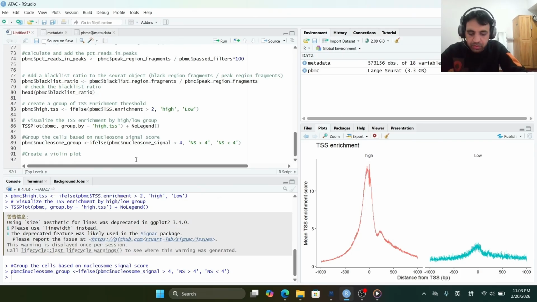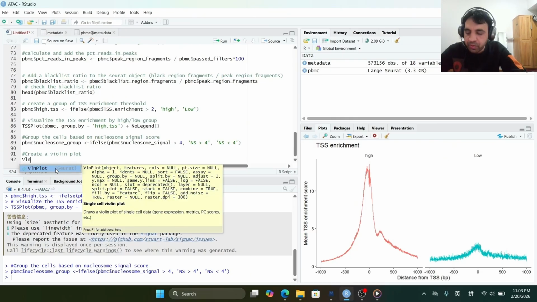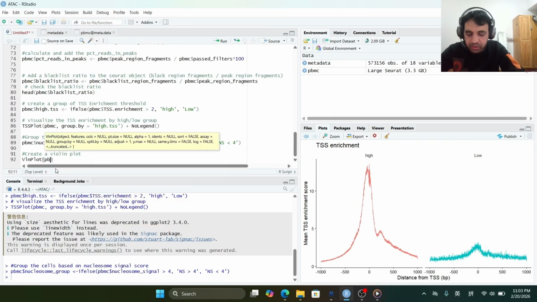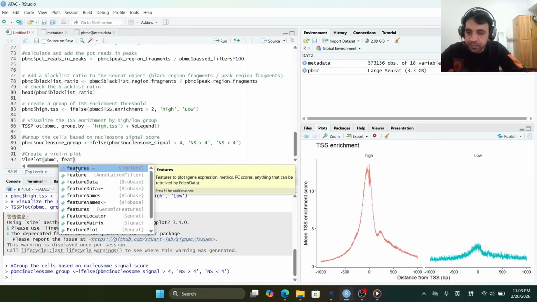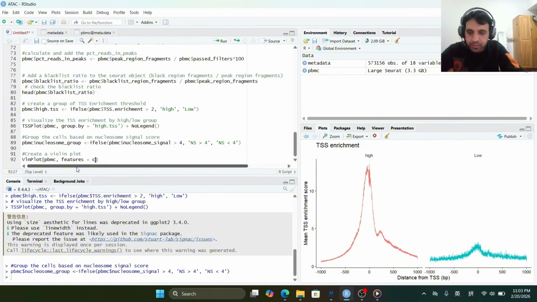So violin function in Seurat, features, and then we will pass all the metrics one by one. So nucleosome signal,